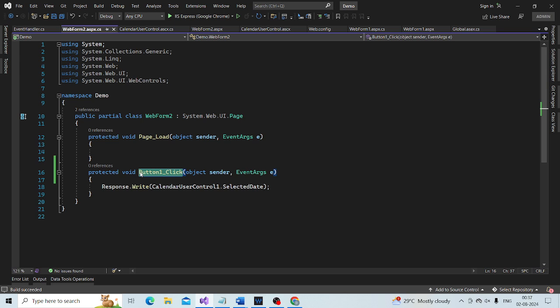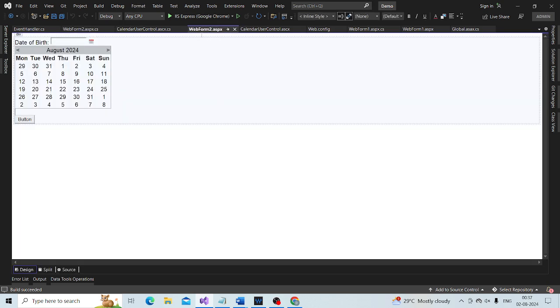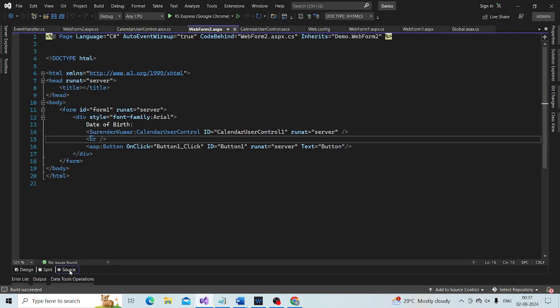That is specified within the ASPX page. Go to the source here. In this, it is specified within the ASPX page. So we are using this